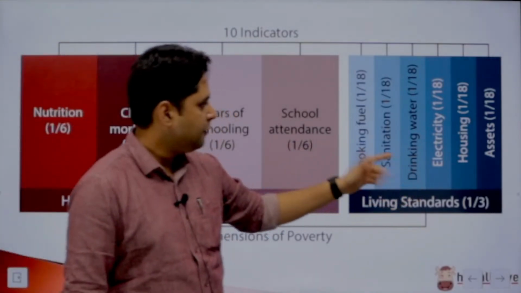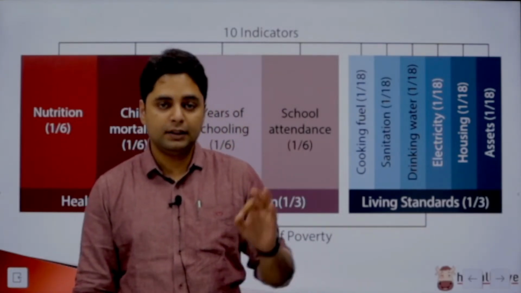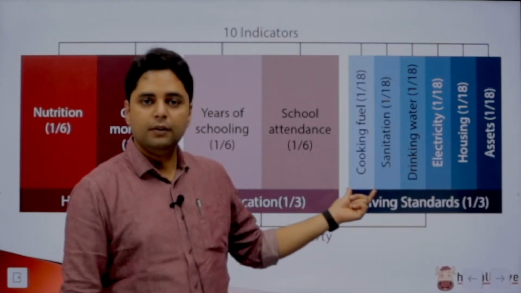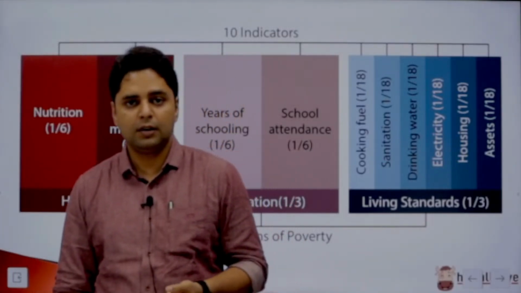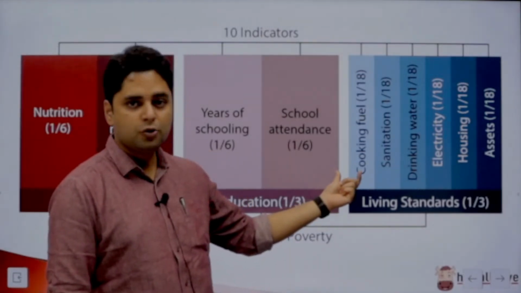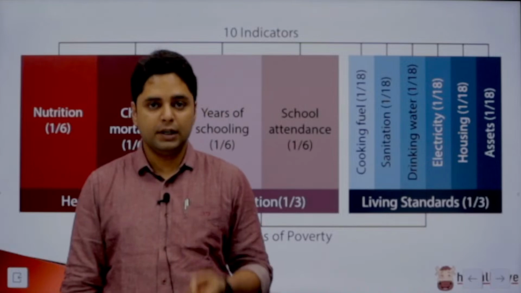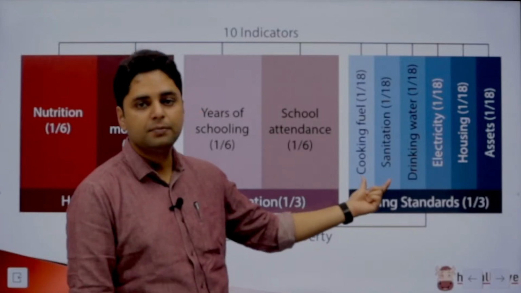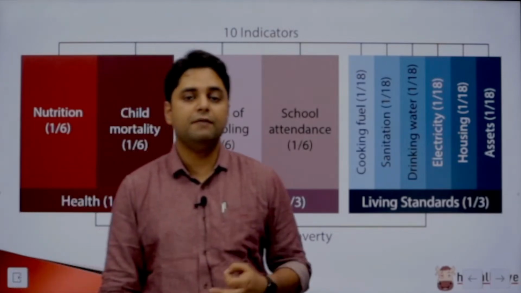Last one third जो weightage है वो 6 equal indicators में divided है, and these are really really important. This is what constitutes living standard from the global perspective. Cooking fuel. So what kind of a cooking fuel is being used? Are they using cow dung cakes? Are they using wood for burning, or are they using clean fuels like LPG? So cooking fuel, the choice of that is a criteria. Sanitation, whether they have a toilet at home, whether they have the ability to dispose of that waste in a clean manner, sanitation. Then drinking water, potable drinking water, tapped water connection to every household.